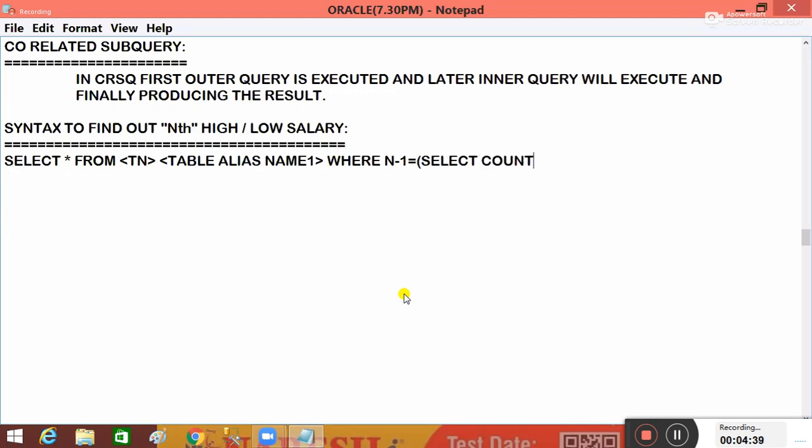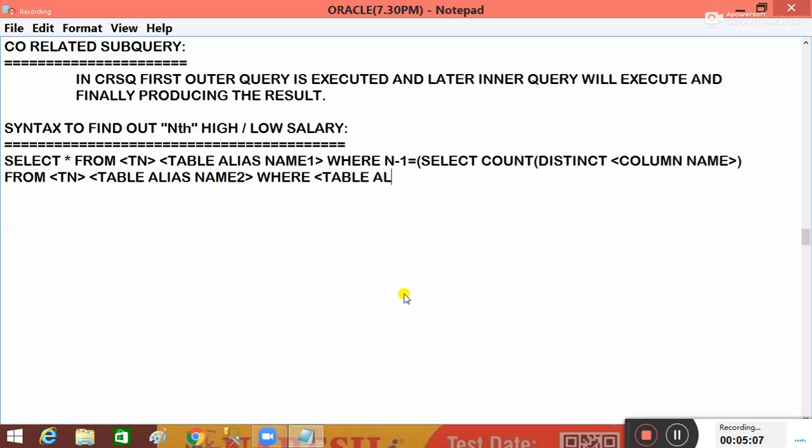Select count of distinct column name from table name, with table alias name 2, where table alias name 2 dot